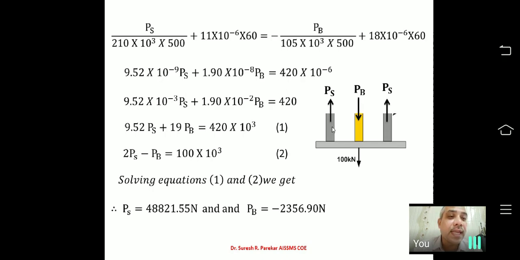Now the value of PB we are getting as minus 2356.9 Newton, which means we again have tension in this. Though we have a compressive force due to temperature, the 100 kilonewton load is shared, and the sharing by PB is greater, and therefore we get that value as minus. That means our steel bar is also in tension and our brass bar is also in tension. And we have these values of PS and PB. So these are the two questions which were asked in